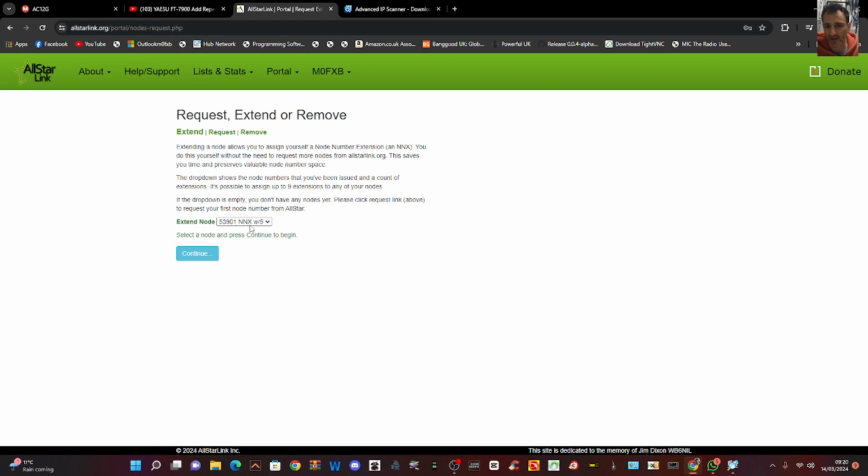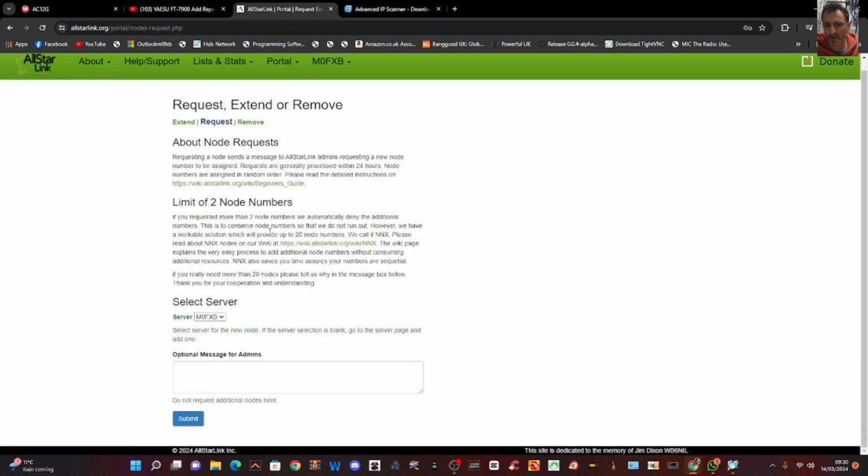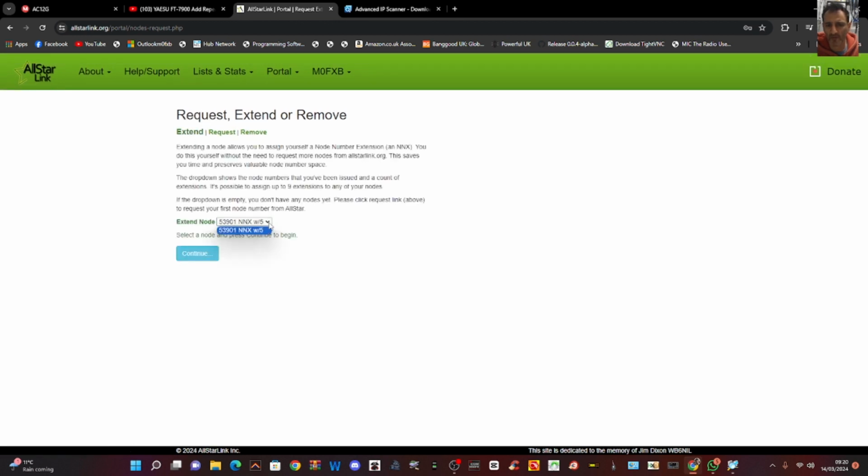Then you've got NNX, and that won't be the actual number with the NNX, but what it does, if you continue forward and request a number in this way, you can get 10 numbers, and it only actually gives up one node number, if that makes any sense. So you would press request here if you wanted to get a brand new number, and then just send. Okay, but it extends the one to go for, and then go continue, and you'll get an extra number. And so if I went continue now,